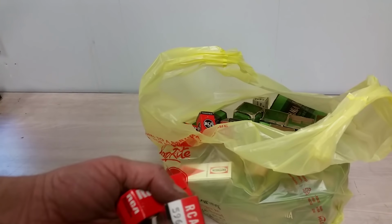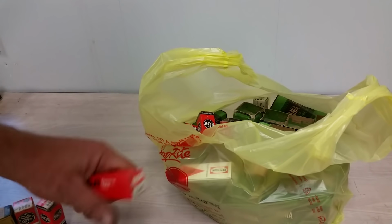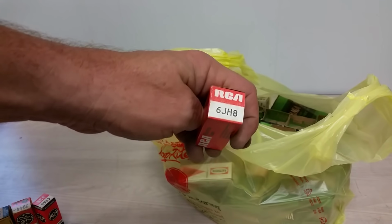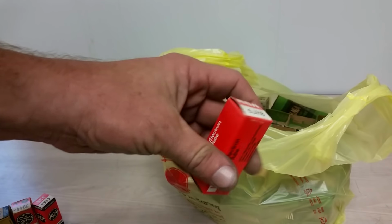Let's see, 5963, good old computer-rated tube. 6JH8, that I actually bought to resell. That's actually a TV type. But